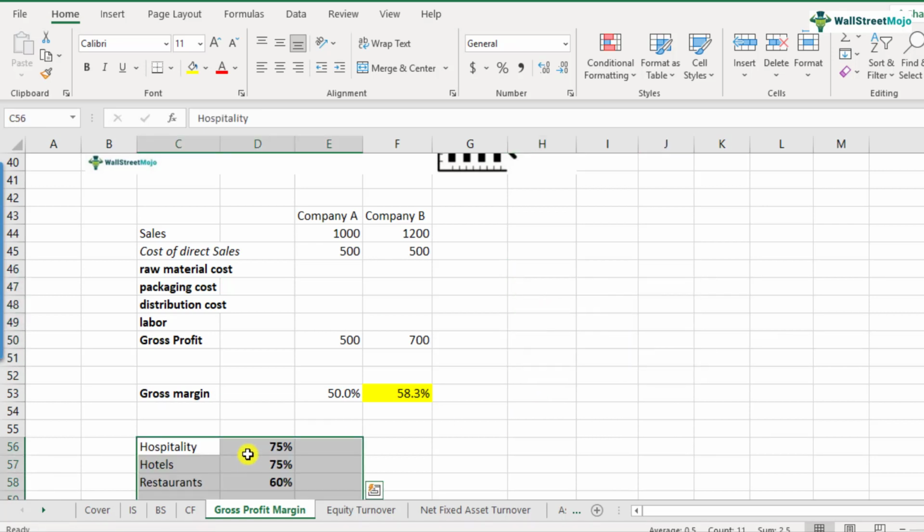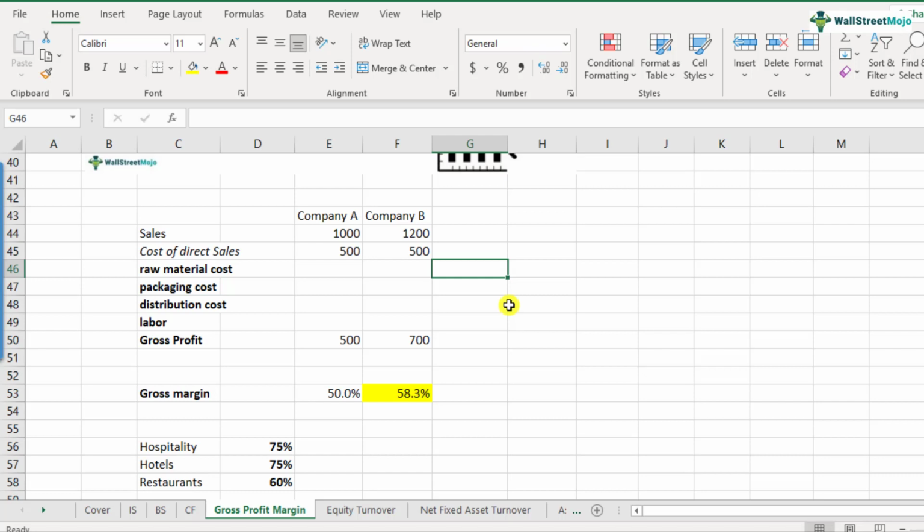Another important aspect of gross profit margins is that sometimes when you look at the annual reports, there are certain expenses which are not direct expenses, direct cost of sales. They are indirect costs. One example which you will definitely find in some of the annual reports is the depreciation expense. In some SEC filings it's reported as a separate number, but in some of them it is included in the cost of sales, or in the purchasing cost or the raw material cost, different types of costs. So you have to read through the annual report and find that out.